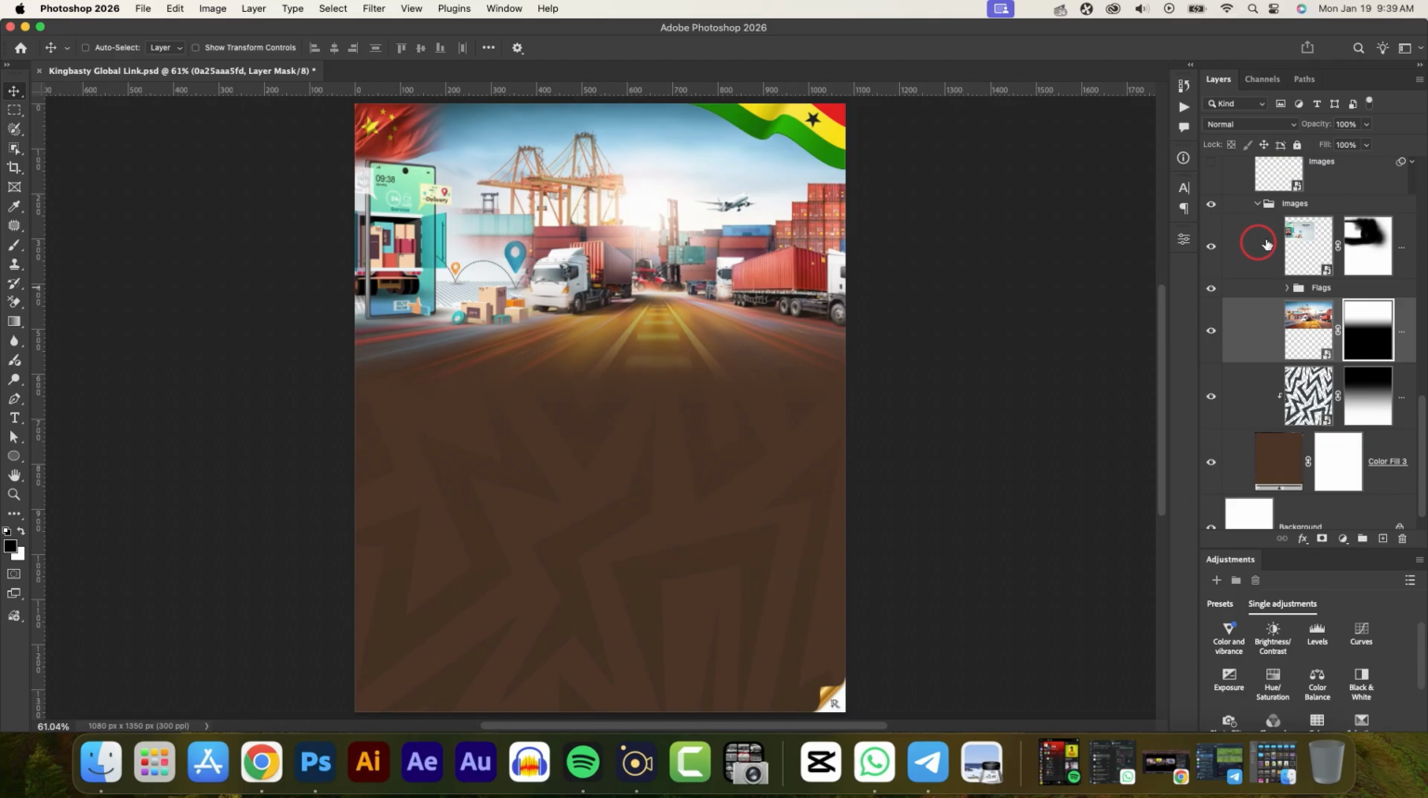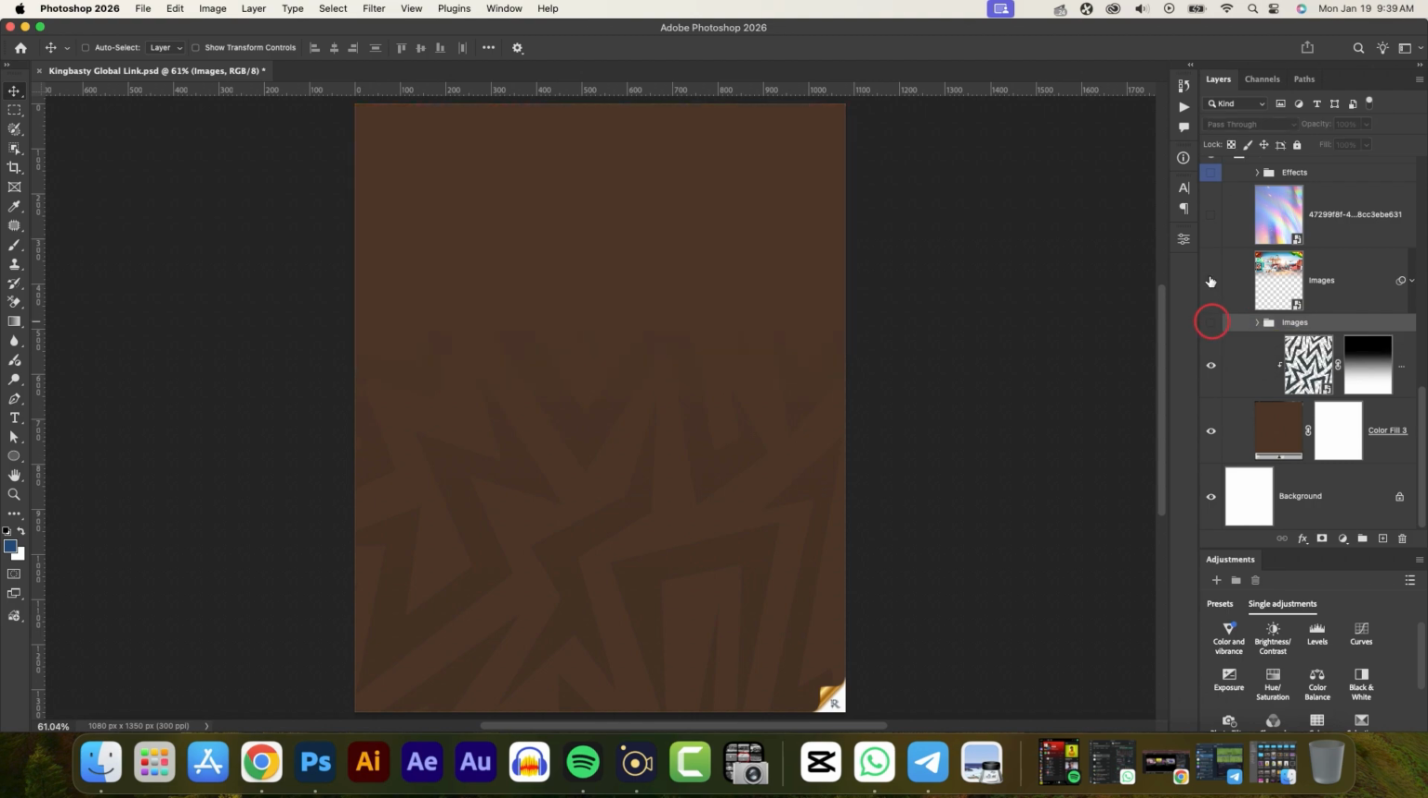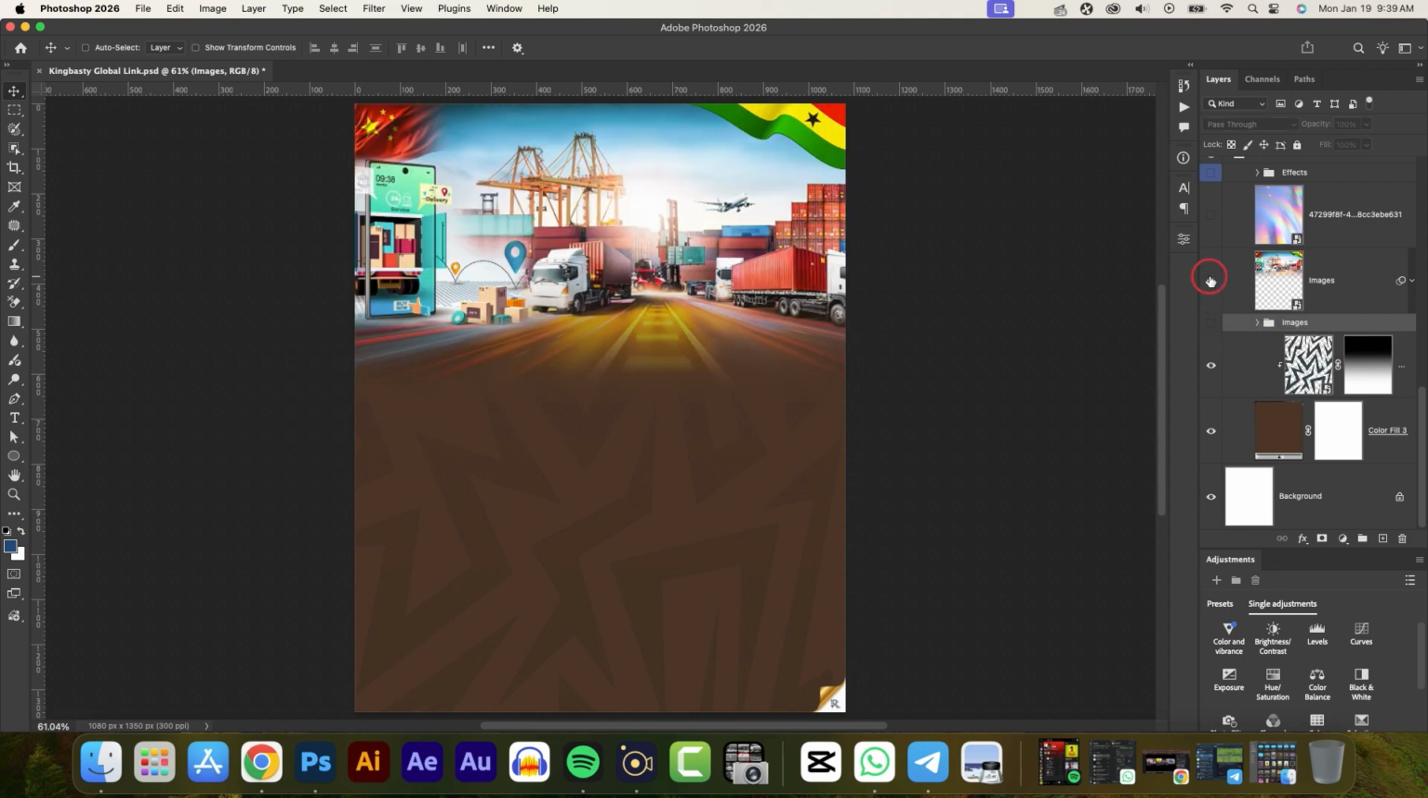So I grouped all these images here into one group and named them images. And after doing that, I duplicated the group and merged them into one layer. Let me turn up the visibility. So this is the part where I merged everything into one layer. Then I selected this particular image that I've merged into one layer, and I added